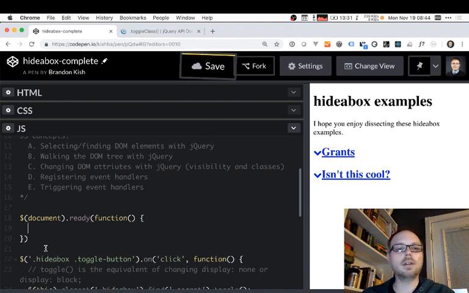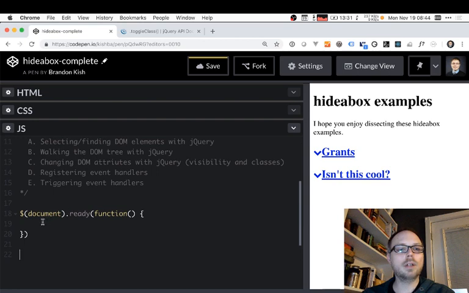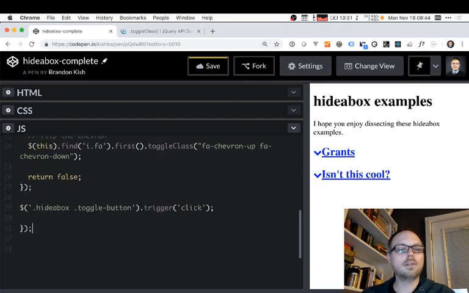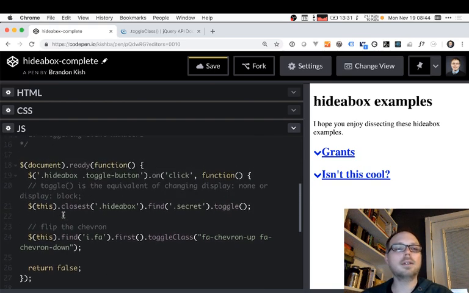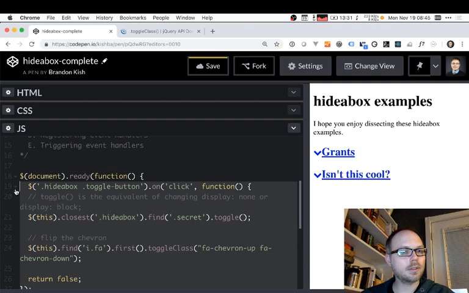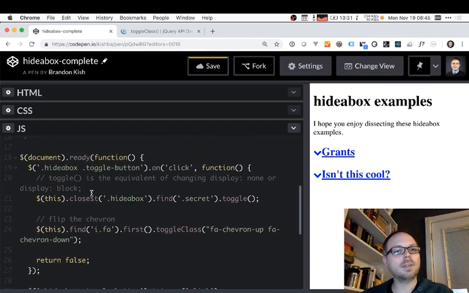What function are we going to run? Well, we're going to take all the code that we already wrote, and we're going to stuff it inside here. Don't forget the semicolon at the end. It actually looks like I forgot to indent all of this. So it makes it a little bit harder to read, but it makes sure that we